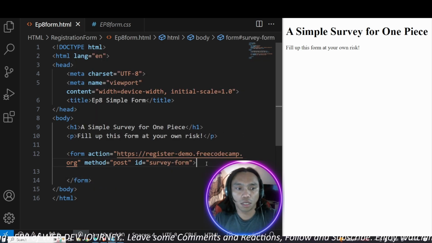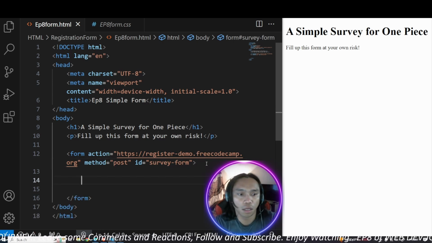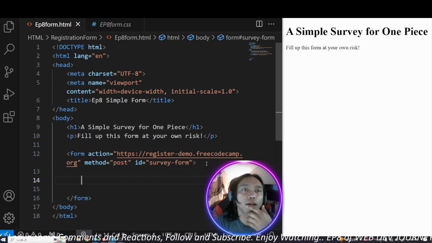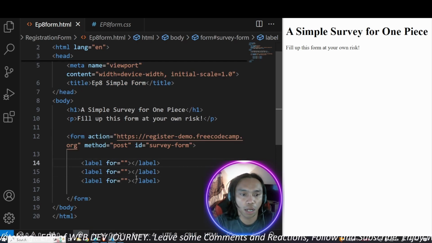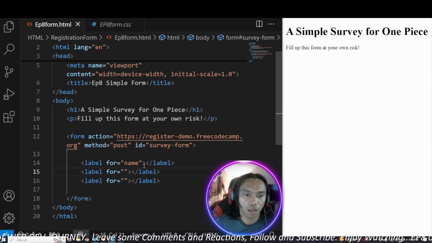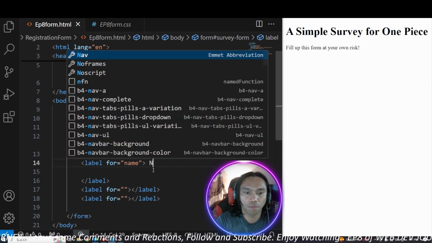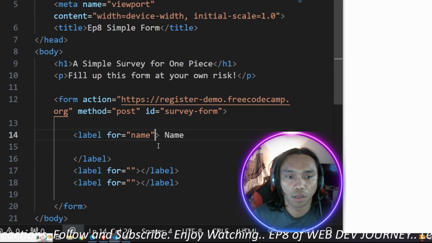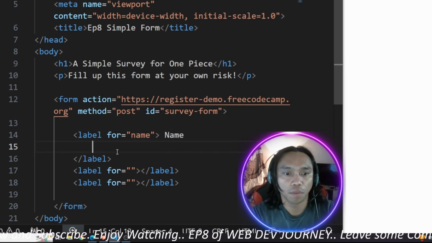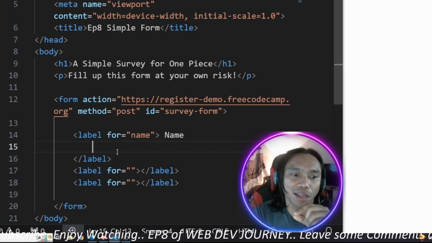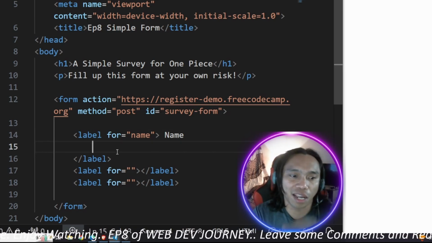Next, we will make three labels for the name, email, and age. So the first label is for the name. Next label, this is name, and under the name we will be putting where you can type in the input.